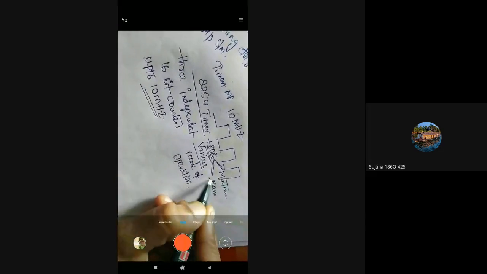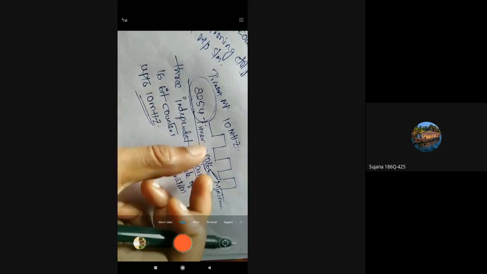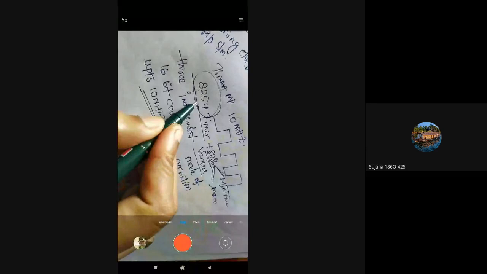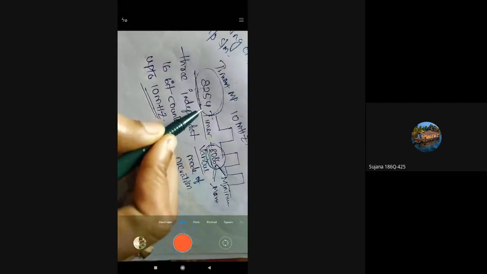So even if the microprocessor is operating in either minimum mode or maximum mode, it can be connected with this timer, since the timer is capable of handling the circuit in various modes of operation. So whatever the mode of operation of the device which this timer is connected to, we can use this 8254 timer.